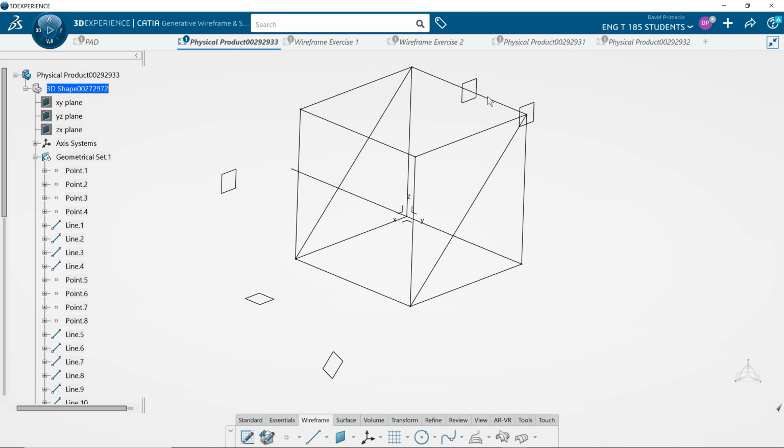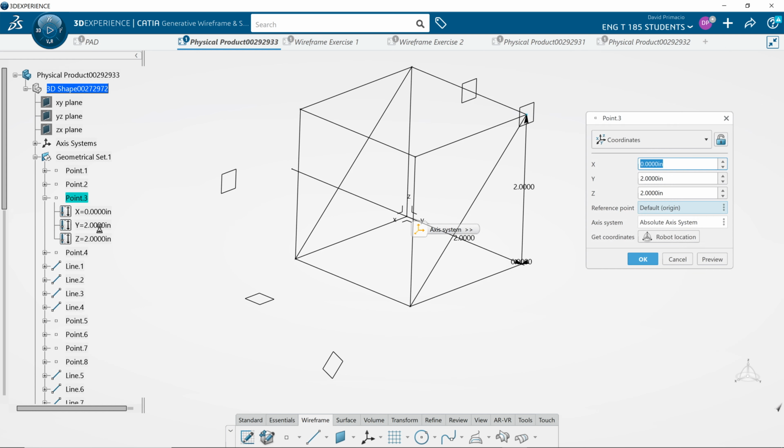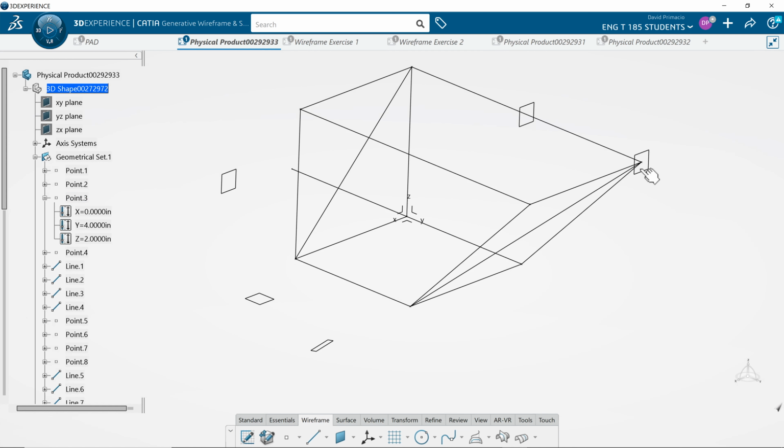So I use that same line as I did for the middle, except that I changed the default from the middle to this endpoint over here. So that one is flat. And again, if I were to change point number 3, change the Y value to something like 4, it moves everything, and this plane stays in the middle, and all these lines that are connected know to move with it. I'm going to hit undo,